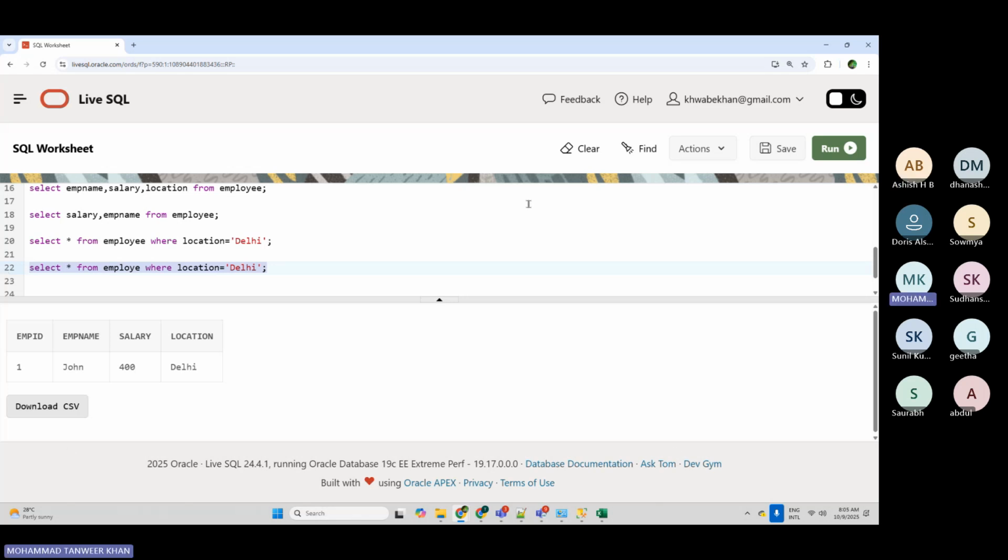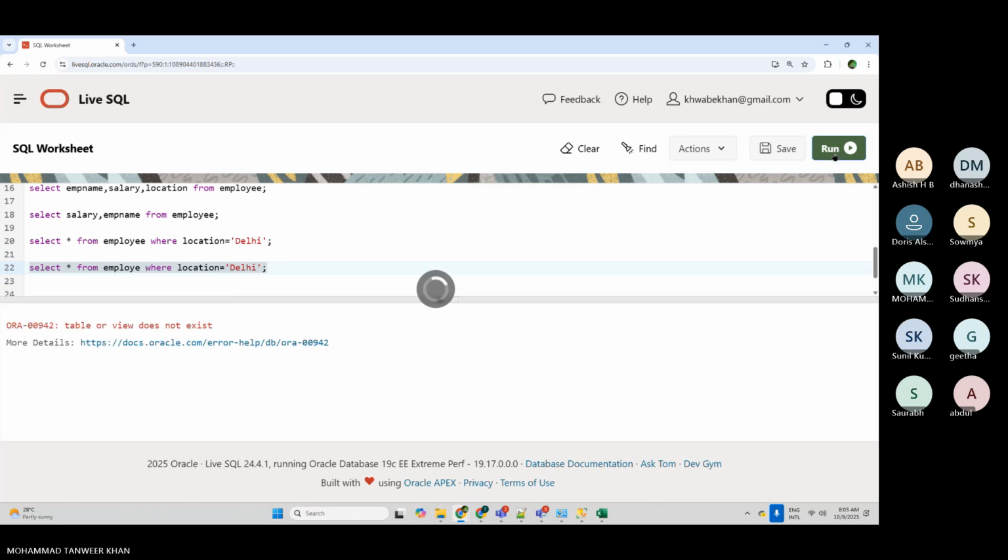It will not work. See, I'm executing. It is throwing error. Table or view does not exist. Why? Because the table which we have created is this one, EMPLOYEE. But here it's written missing an E. E is missing. So SQL engine is telling, okay, sorry, we don't have any table with this name with single